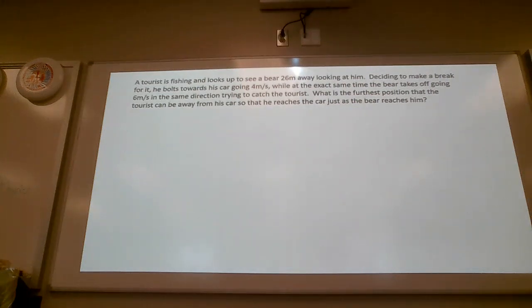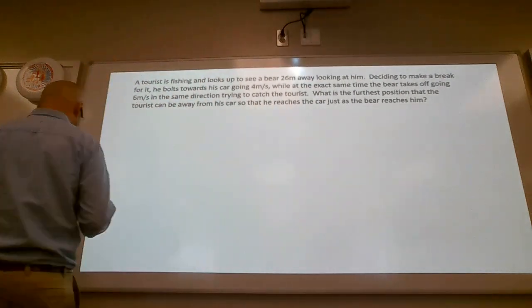So, scenario: a tourist is fishing, looks up, sees a bear 26 meters away. Looking at him, he decides to make a break for it, bolts to the car, going 4 meters a second. All at the exact same time, the bear goes after him, trying to catch him. What is the furthest position that the tourist can be away from the car so that he reaches the car just as the bear reaches him? Okay. So,